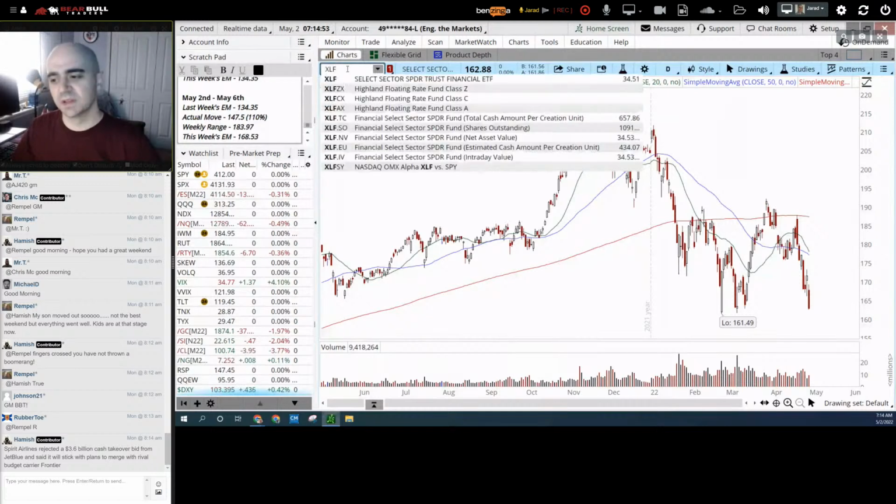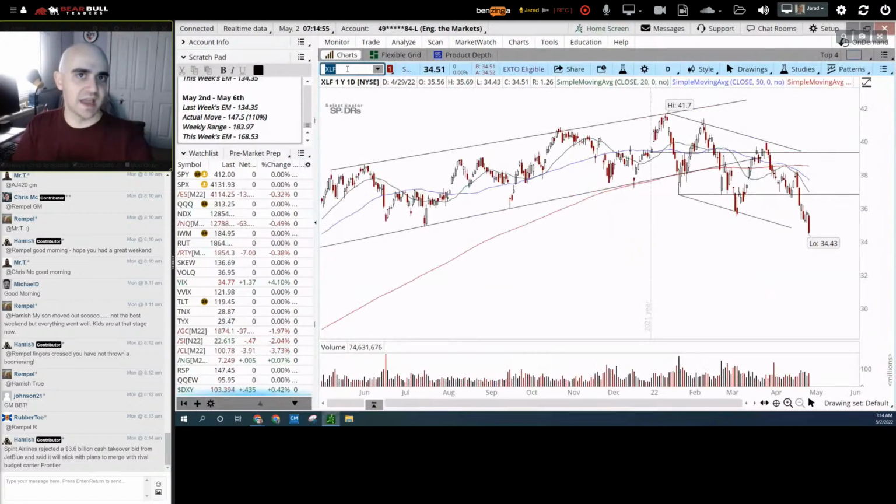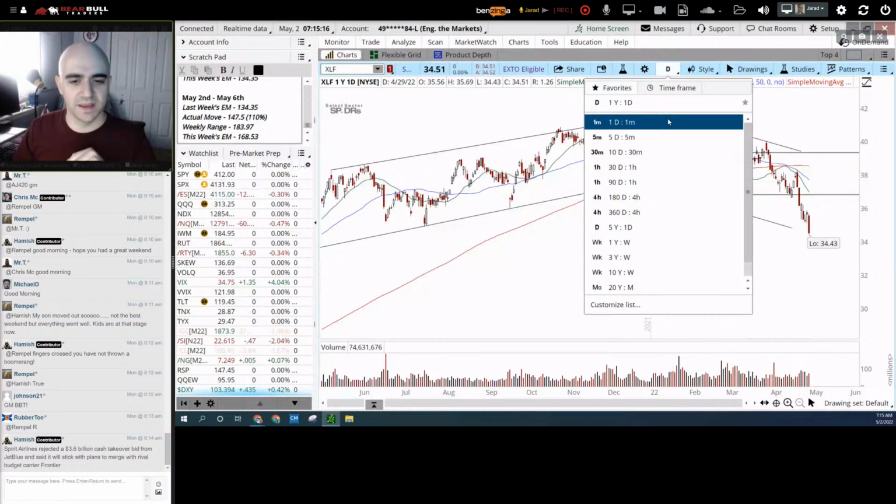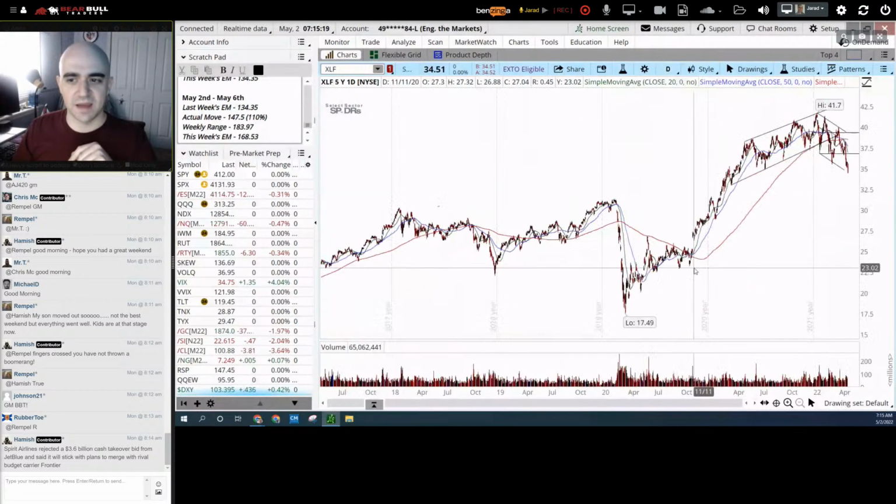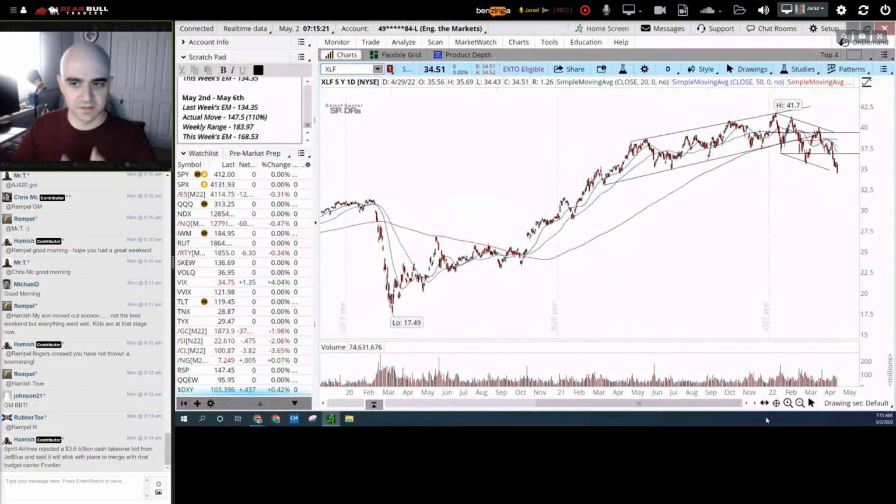What about financials? Now, financials have this idea of higher interest rates. Why are financials not performing? They're obviously seeing some nasty sell swings. And once again, perspective is important here. Where's support? Right now, we don't really have a good indication of technical support, at least over the past 52 weeks. This is a 1 year, 1 day. As you bring this out, you can see that the downside is still continuing.